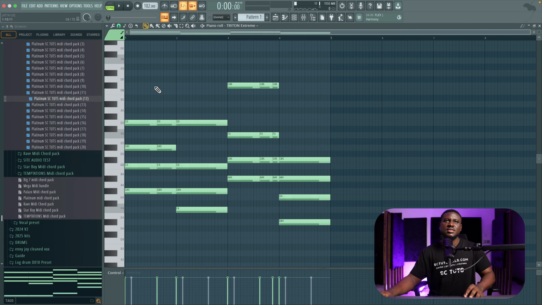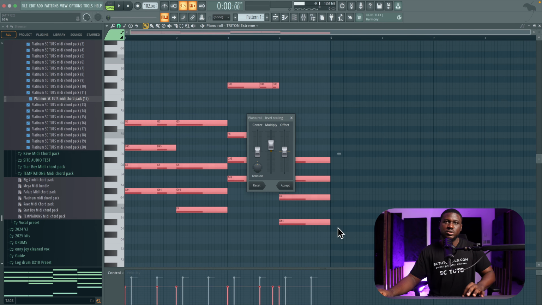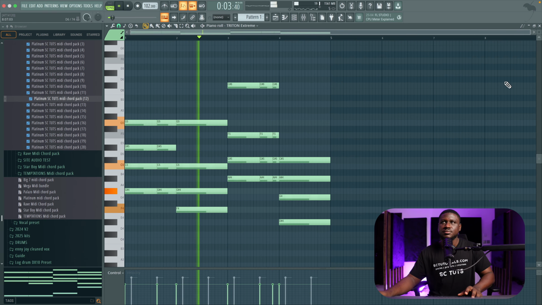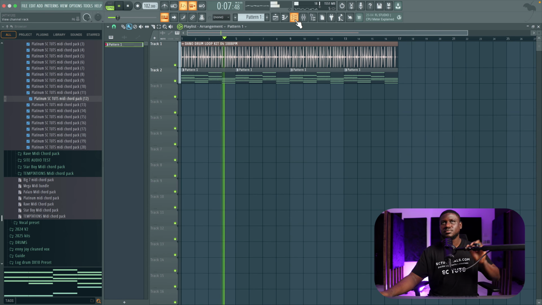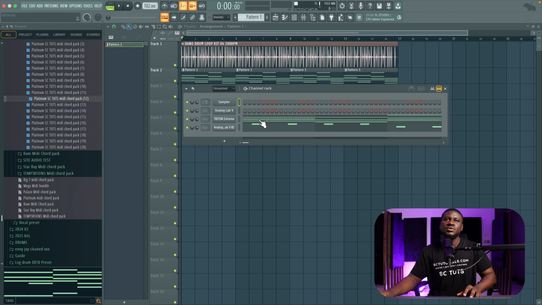Let's adjust the velocity. Let's make it a little bit softer, okay? Option X or Alt X. X like X-ray, okay? Then if I turn on the melody,